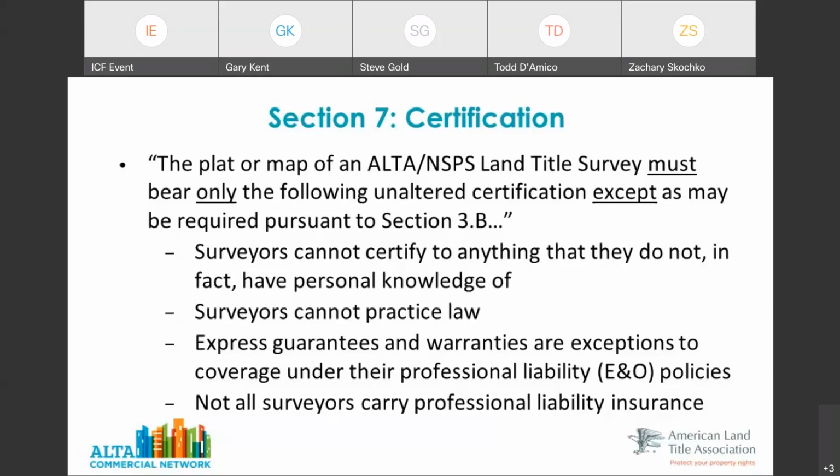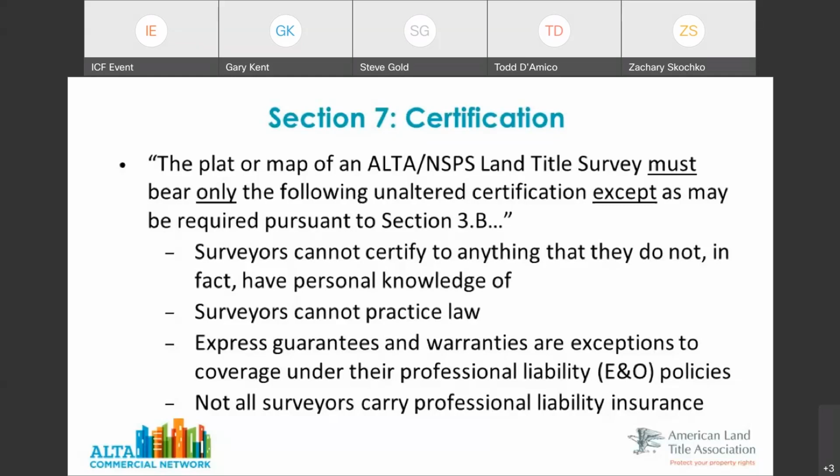Gary, that's a good point. If I could add a little to that, we still see today lender certifications that are prior to 2016 that ask surveyors to certify that the property is served by utilities, and that the surveyor can certify to the drainage of the property and those things.